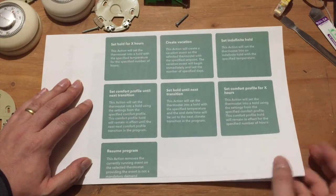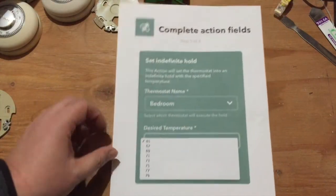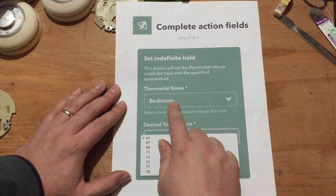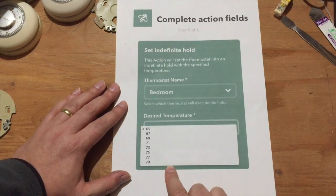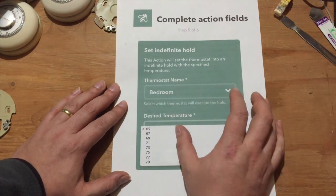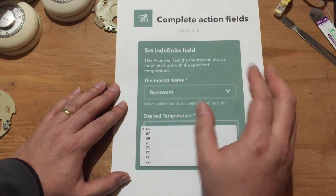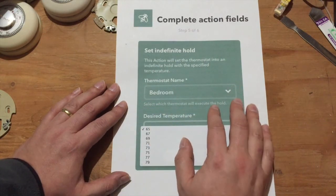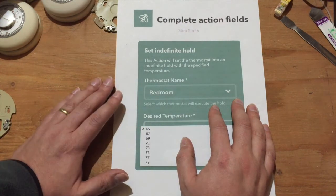Problem number one is what they give you for setting a hold. First of all, you can only do one thermostat at a time. That's kind of disappointing. But here's the temperature range you can set. Now, in the setup for the Ecobee, you can choose a temperature range that you want to allow. So I think the default is 45 to 79. So from the thermostat, you cannot set it to 44 or below, or 80 or above. You just cannot set that on the thermostat,